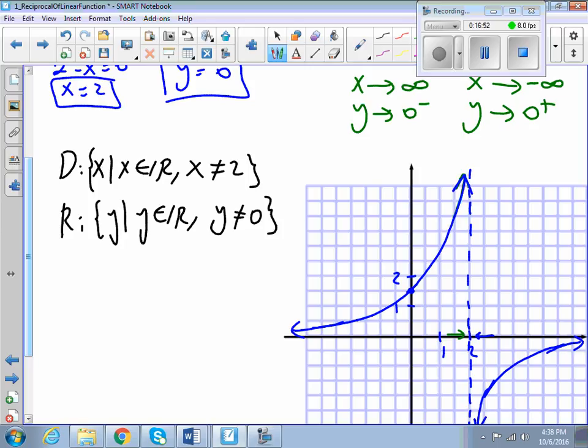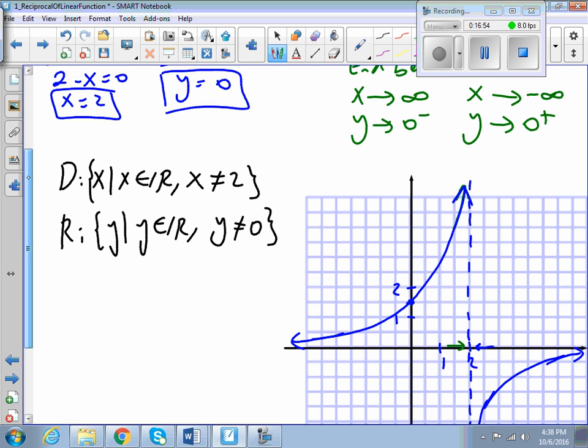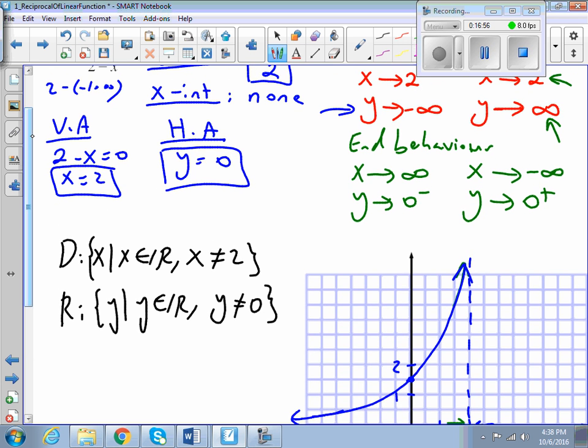Okay, and here's my domain and range. So x cannot be equal to 2, and y cannot be equal to 0, and every other value is valid in this question. Okay, so we also ask you to try C and D yourselves,